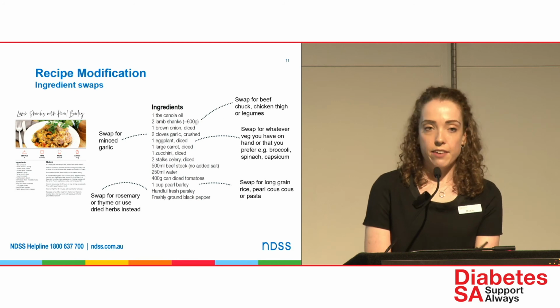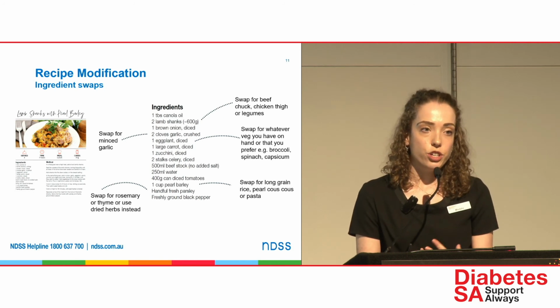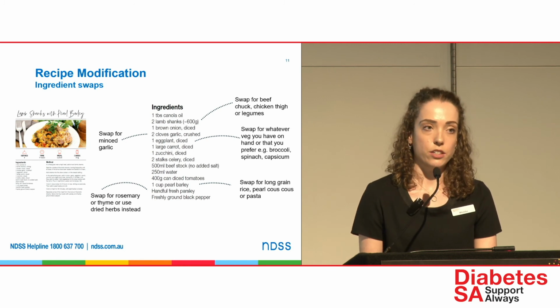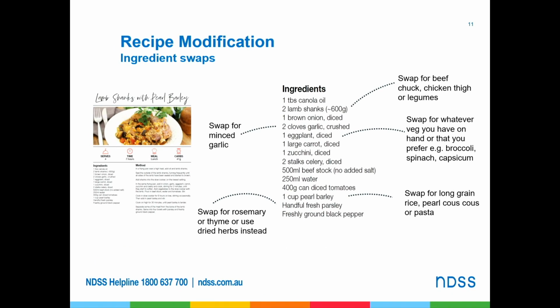Modifying recipes, again, I've said a few times, we really want to encourage you to use the recipe just as inspiration rather than it being set in stone, so that then you can use it, vary it to suit your preferences. You might like to swap out ingredients based on what was on special that week or what's in season, what you prefer. So for example, this lamb shank with pearl barley recipe, again, the standard recipe card is available